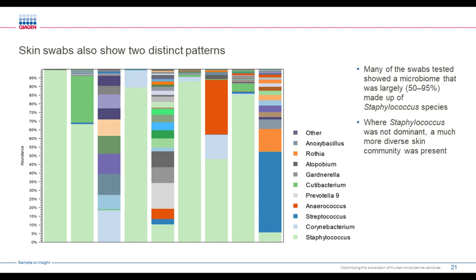Now, skin swabs showed a distinct pattern as well, much like the vaginal swabs did. However, here we saw two distinct patterns: either the samples were dominated by Staphylococcus, which is of course a known skin flora type, or they were highly diverse. And it was not the case, as with the vaginal samples, that it was dominated by a single pathogen. In this case, it's a very diverse sample that shows up in the skin if it's not dominated by the